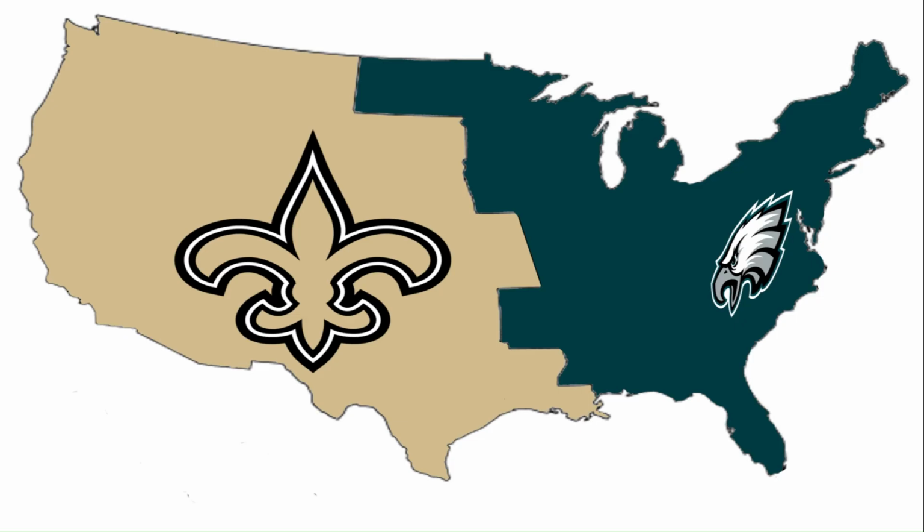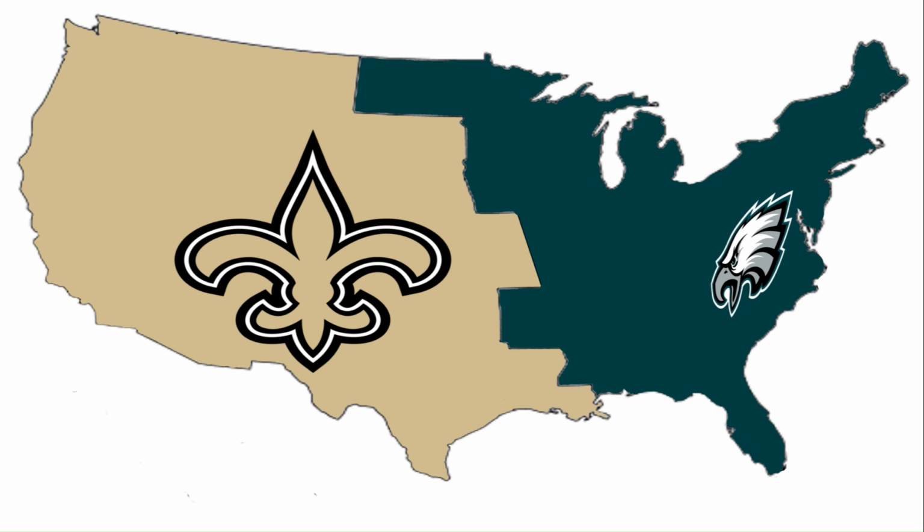For the second straight game, the Eagles gave up a double-digit lead, but also for the second straight game, they reclaimed it and wound up winning by double digits themselves. That will propel them into the Imperialism Championship game, where they're going to be taking on the New Orleans Saints. For the Eagles, it's their first title game and only their second overall since winning the whole thing in '81.